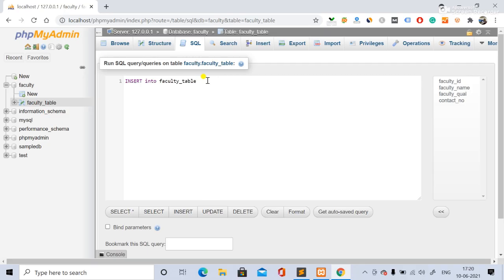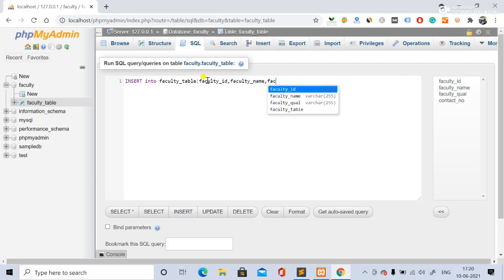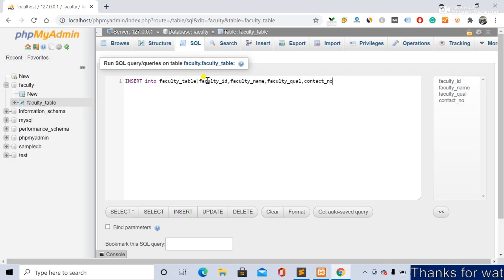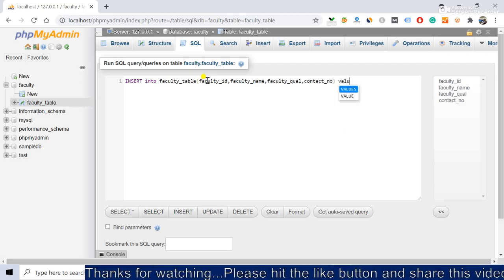So insert, then faculty ID that we have created, then comma, the faculty name we have created, then comma, the faculty qualification we have created, then comma, the contact number we have created, right? So we'll close the bracket over here, and then values